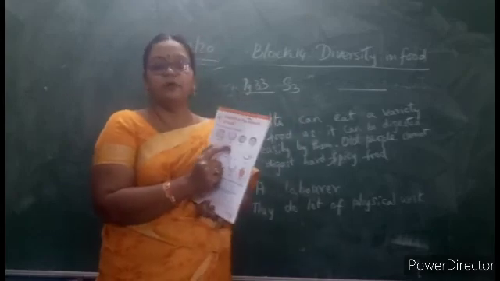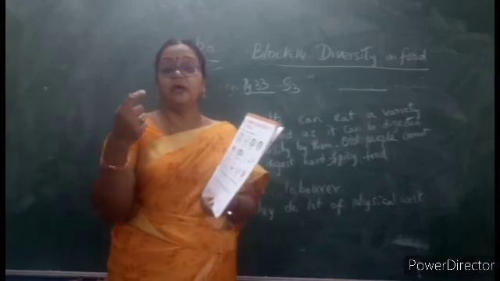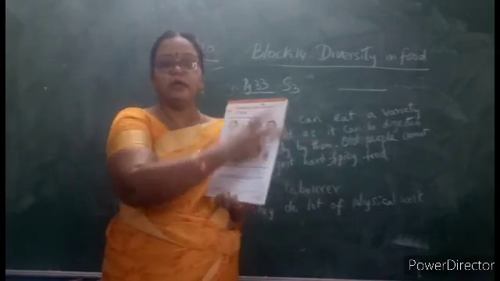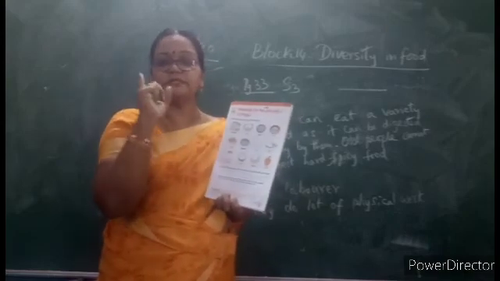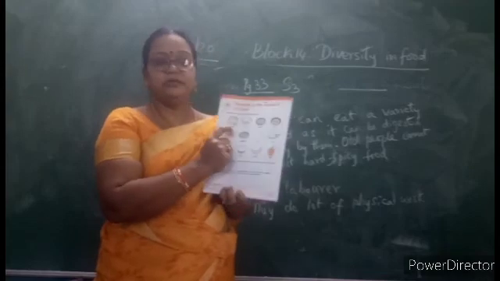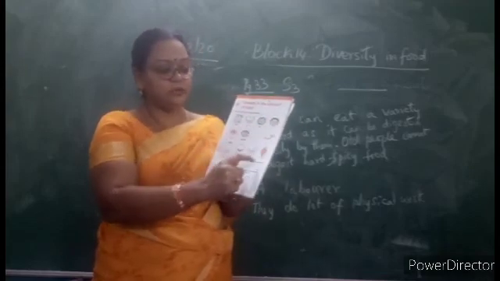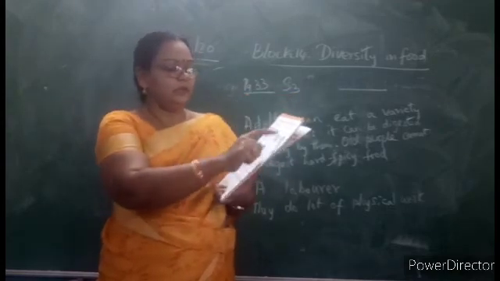Rice means how many bowls you eat. Paneer means how many paneer pieces? 10 pieces or 12. So much we can't eat because it will not digest. So think accordingly in a healthy way. You write quantity means here only numbers should be there. Quantity means numbers. So 2 chapatis. Here 1 bowl because it is given in bowl. 10 pieces, like that you complete. Apple means 1 or 2 you can eat in one day. That you can complete this.